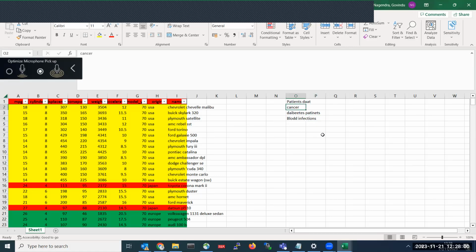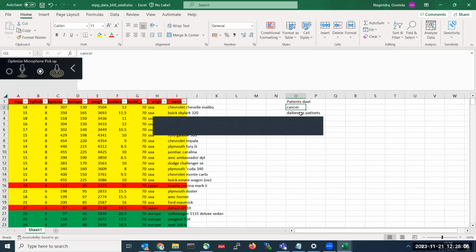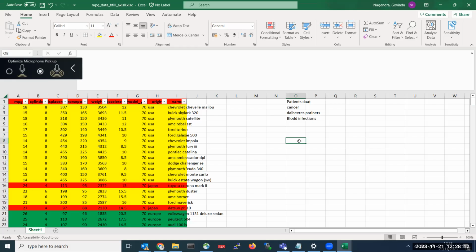Like the same thing, the cancer related patients will be treated in one way, and diabetes related patients will be treated in another way, and blood infection related patients will be treated in another way. In the same way, for example, if you take our telecommunication domain, we will be using multiple networks and multiple mobiles. So some persons will be utilizing a range of 5K to 10K,